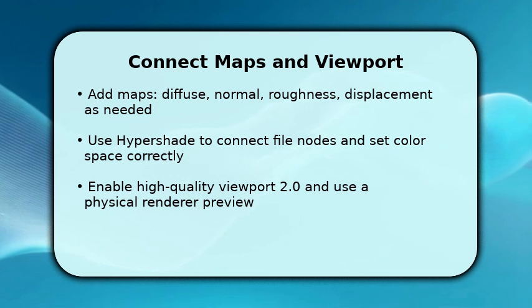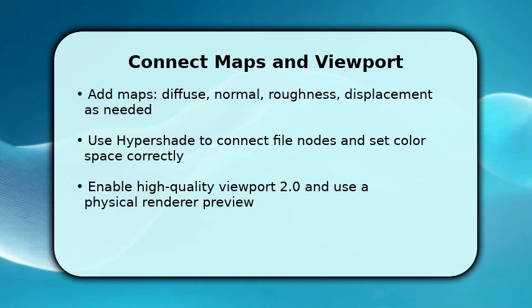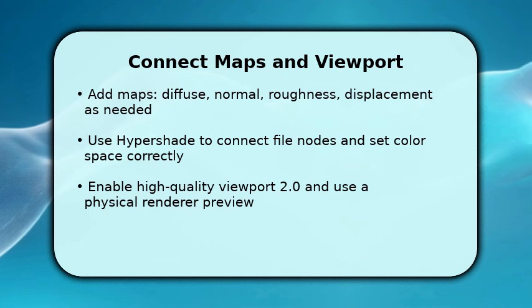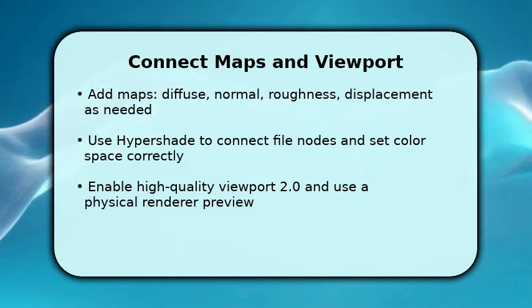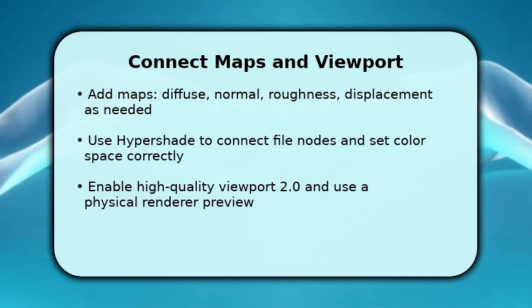In Hypershade, connect each file node to the corresponding material attribute and set color spaces, sRGB for color, raw for data maps, because incorrect color space breaks lighting. Then enable Viewport 2.0 with high-quality rendering and turn on texture and normal map support so you can preview results interactively. This gives immediate feedback on how